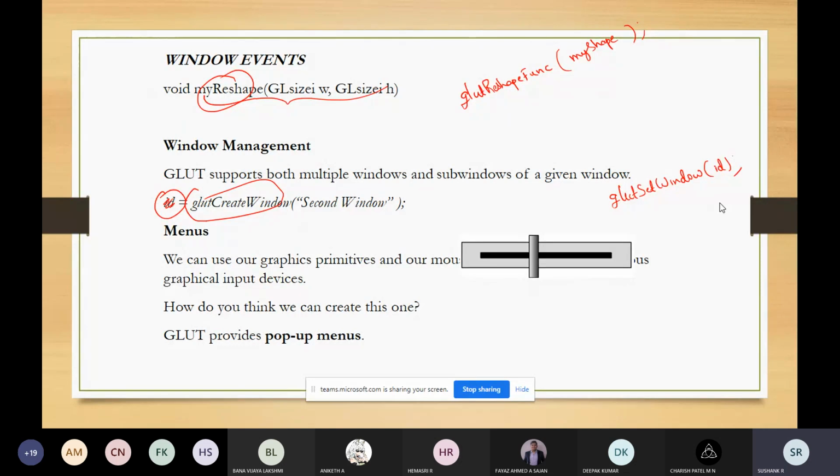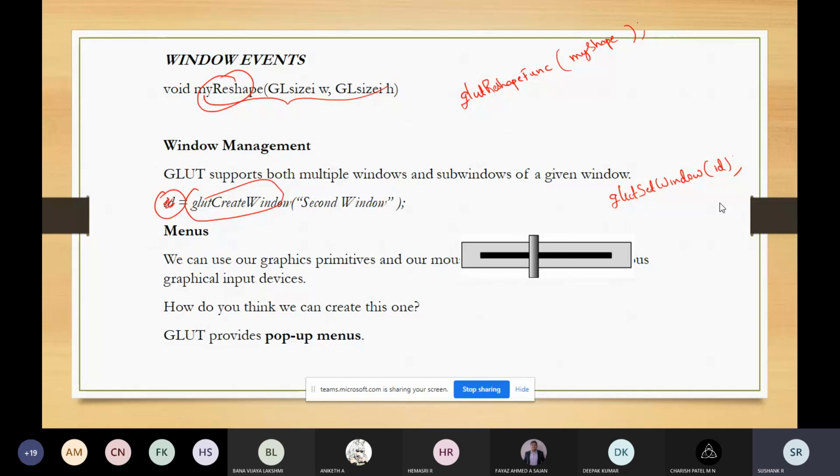The next one is menus. Menus are used for selecting choices, selecting features using which interactive applications can be created.